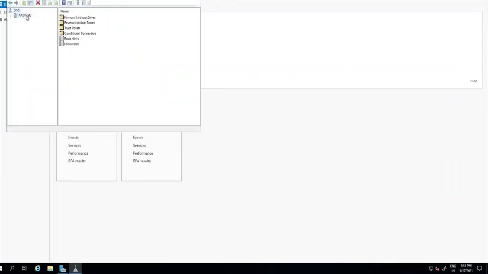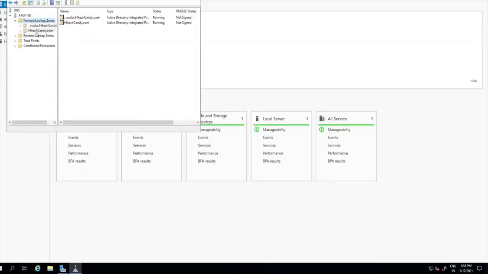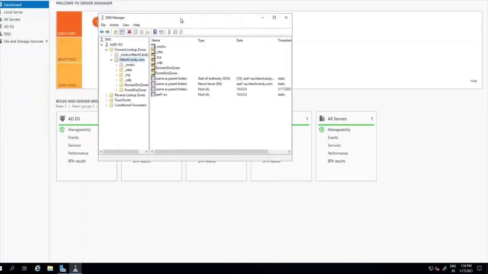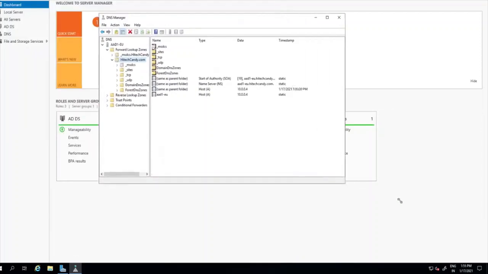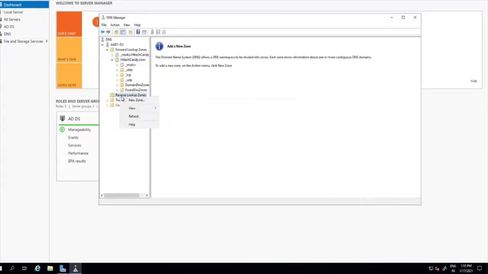In DNS, you first have to create a reverse lookup zone for the IP address you are using for this domain controller, so that nslookup resolves to the correct primary name servers. Here we see the IP address of our domain controller is 10.0.0.4. Let's go to the reverse lookup zones and create a new zone.